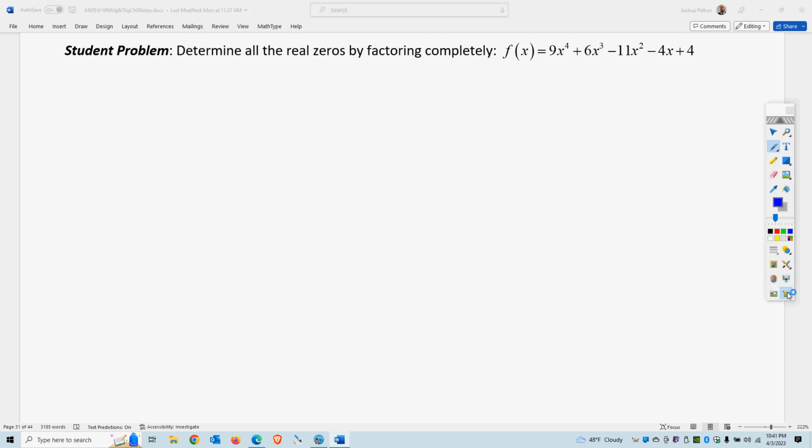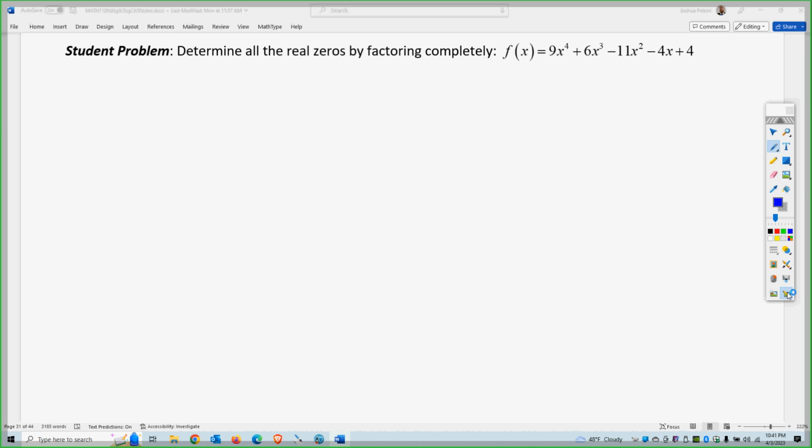All right, so let's try this one. Here, the constant is 4, so P is 4, and the coefficient is 9. The factors of 4 are 1, 2, and 4. The factors of 9 are 1, 3, and 9. So the possible zeros are plus or minus